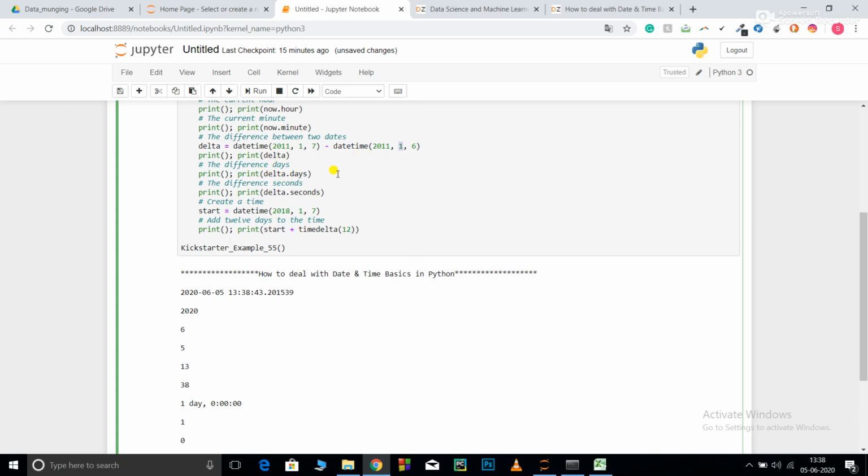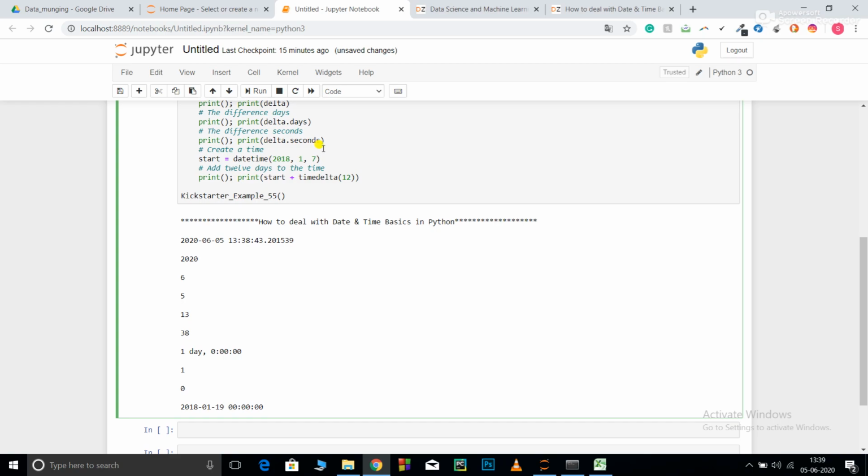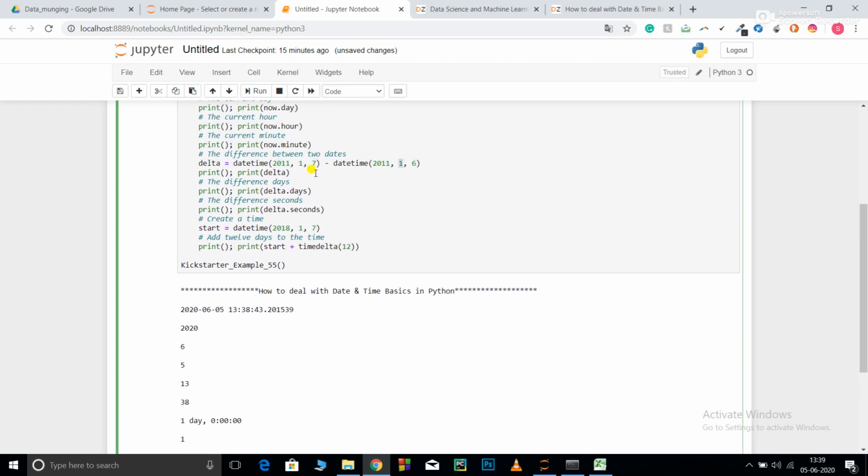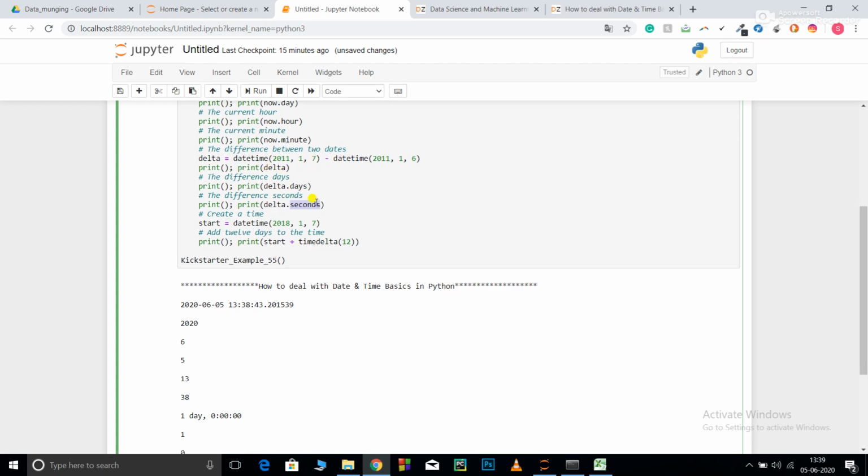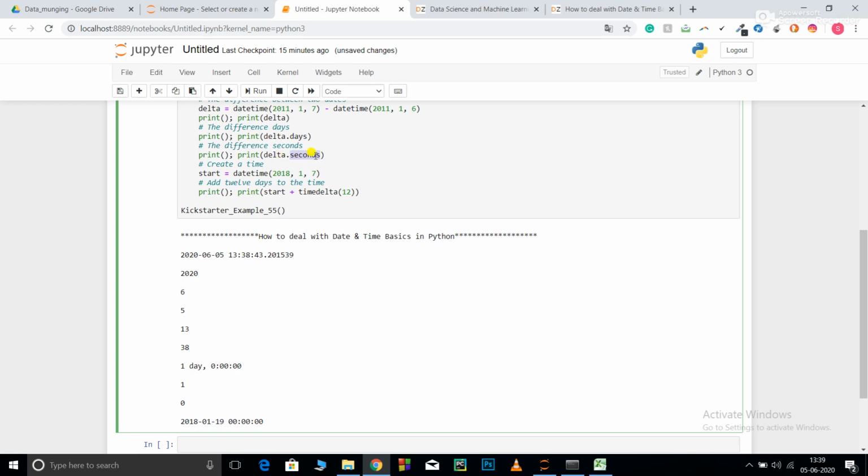Okay, now print delta.days, so it will calculate the difference between the days. And print delta.seconds, it will calculate the difference between the seconds. So days will be calculated based on 7 and 6, whereas for seconds, since I have given this in the date format, it assumes that there is no lag between the seconds. Okay, so the delta seconds will be given as 0.